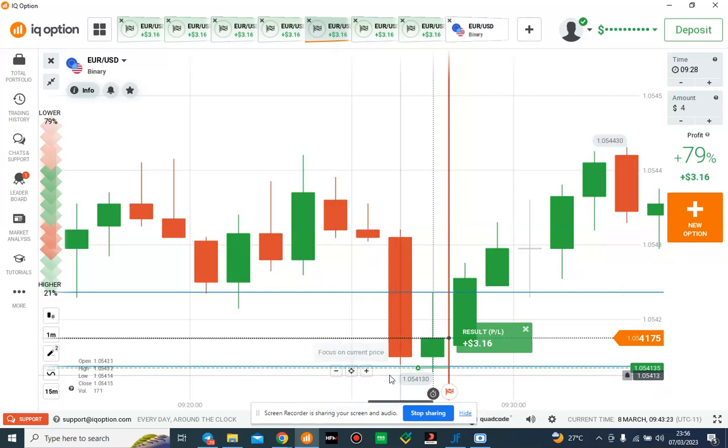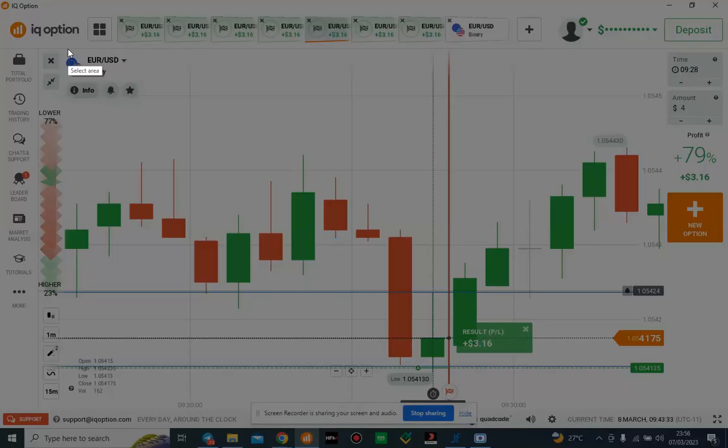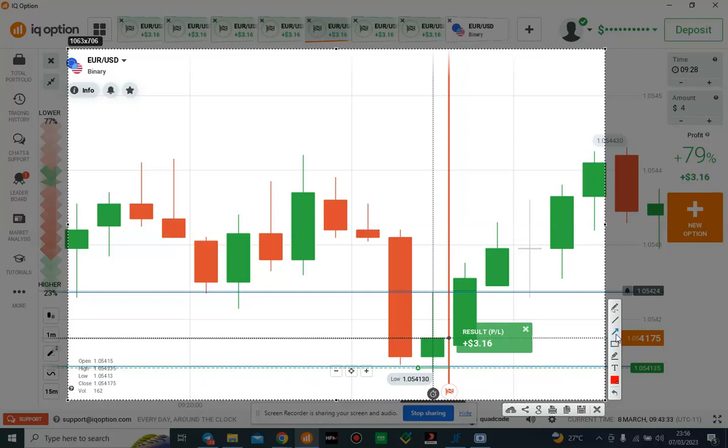This first line and this second line is how I indicate the buyers areas. Look at this candle. This candle is still at the area. Then it has an upper rejection, which means that there are some sellers waiting to sell the market around this area. Buyers try to go up, but sellers reject them because of this